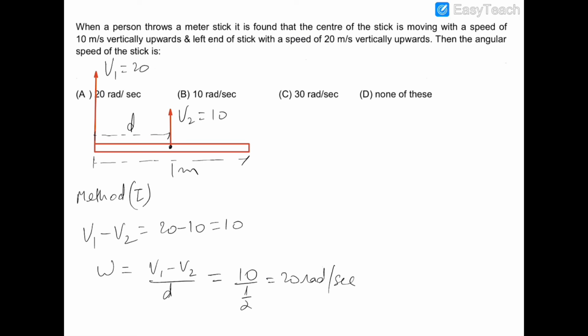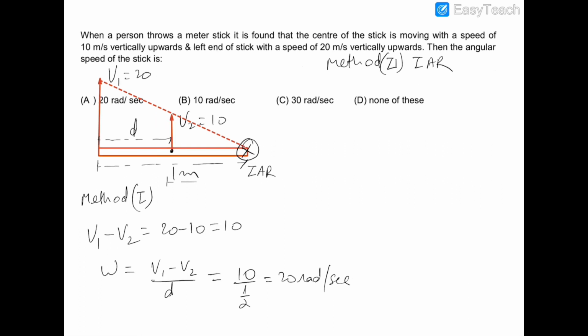Okay, so this is method 1. Now method 2 is the method of IAR. You can locate the IAR and join the tips of these two points. Let's suppose this is the IAR. I have not assumed that the end of the rod is the IAR. In fact, I would find out the distance of the IAR. So if this is R2 and this is R1,